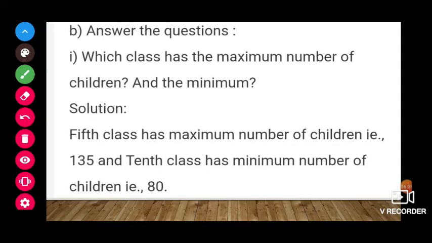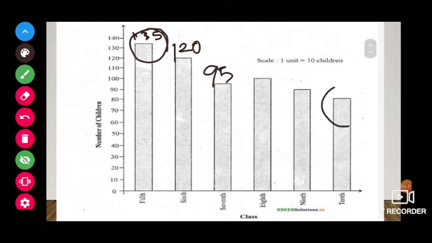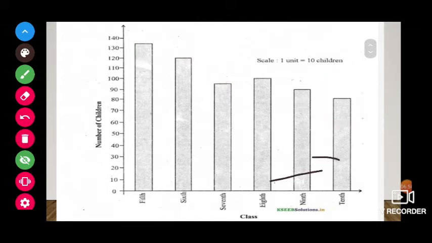Next, which class has the maximum number of children and the minimum? By seeing this, which is the maximum number of children? Here the 5th is having the maximum number, that is 135, and the minimum number is 10th, which is 80. Okay. Next,